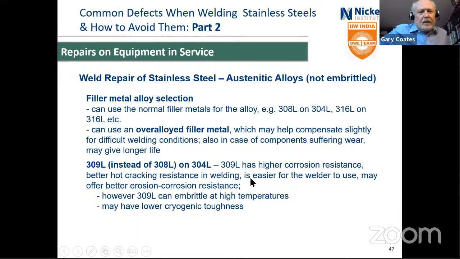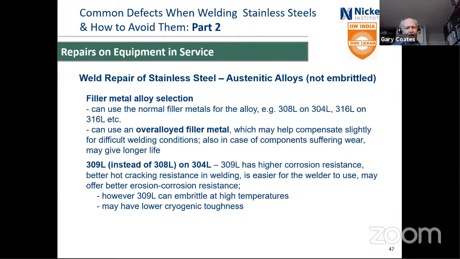So filler metal selection: if you have a corrosion issue, you can think about using an over-alloyed filler metal. So if you're weld repairing 304L, instead of using 308L, which would be the normal filler metal for that, you could think of using 309L. Why? Well, 309 has a higher corrosion resistance, better hot cracking resistance in welding because it has a higher ferrite content. It is easier for the welder to use and get a good weld with,